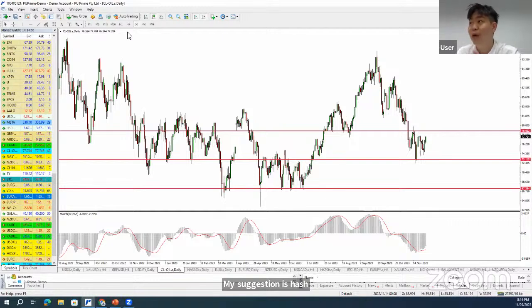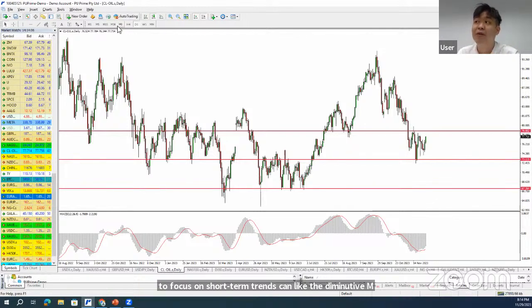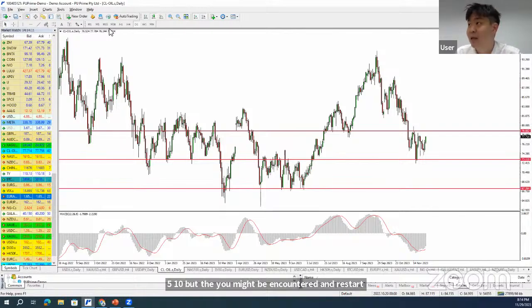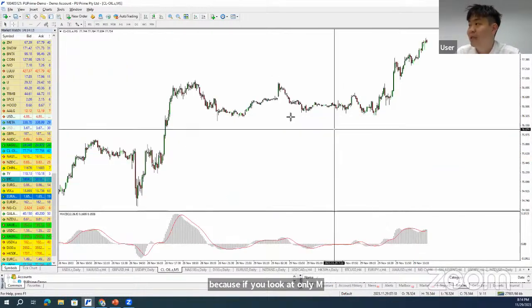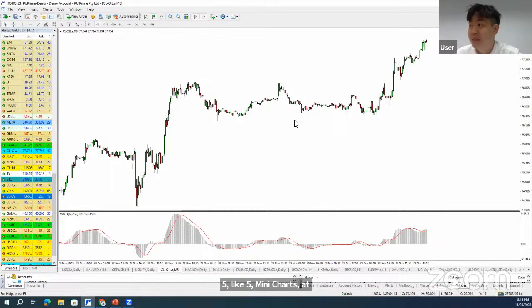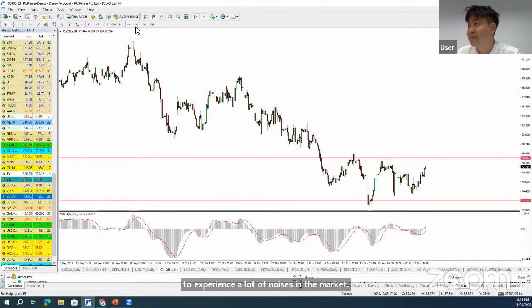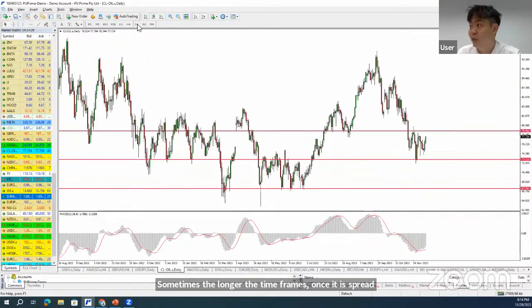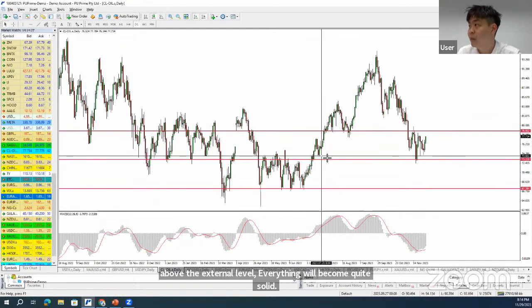If you want to focus on short-term trades, like 30-minute trades or M5 trades, you can, but you might encounter certain risks. If you look at only M5, like 5-minute charts and 5-minute patterns, you are going to experience a lot of noise in the market. So it's better to lengthen the time frame, because the longer the time frame, once price breaks above the resistance level or the support level, everything becomes quite solid,